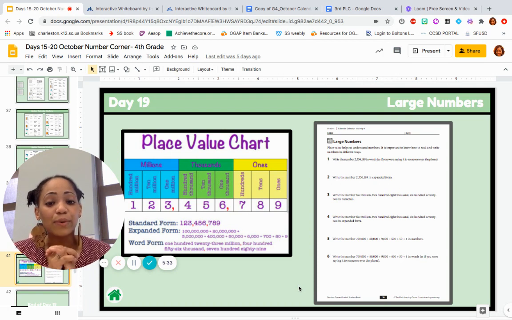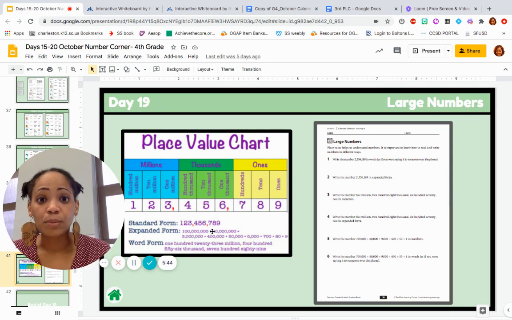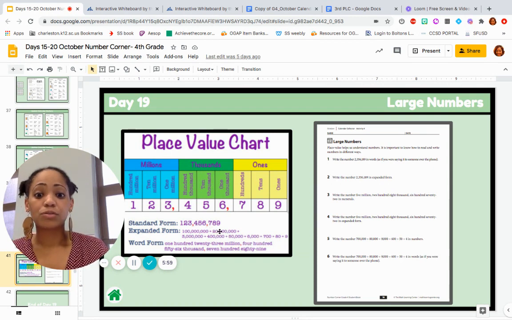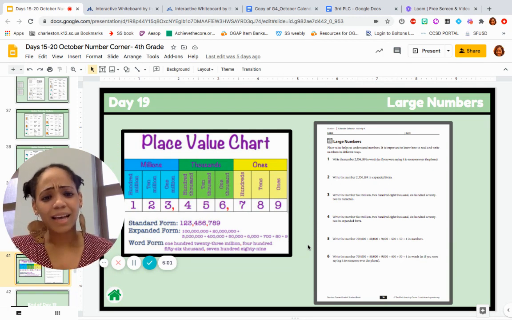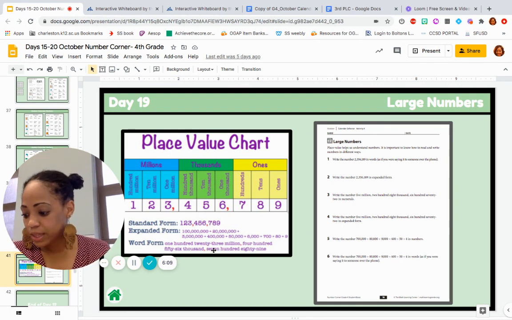You may remember. We wrote it in standard form, where we're just writing the digits, the numbers, standard form. And then we could write it in expanded form, where we're showing the value of each digit. So in this number, you see expanded form. That's 100 million, 20 million, plus 3 million, plus 400,000, plus 50,000, plus 6,000, plus 700, plus 80, plus 9. And last but not least is word form. Okay, and you can write it in words. So with that being said,